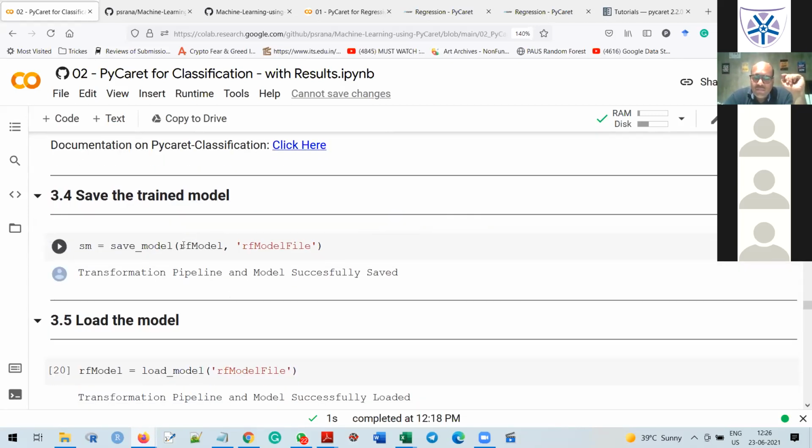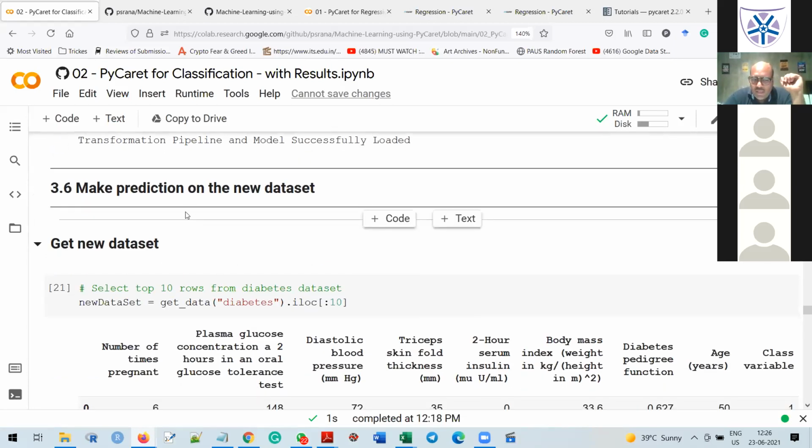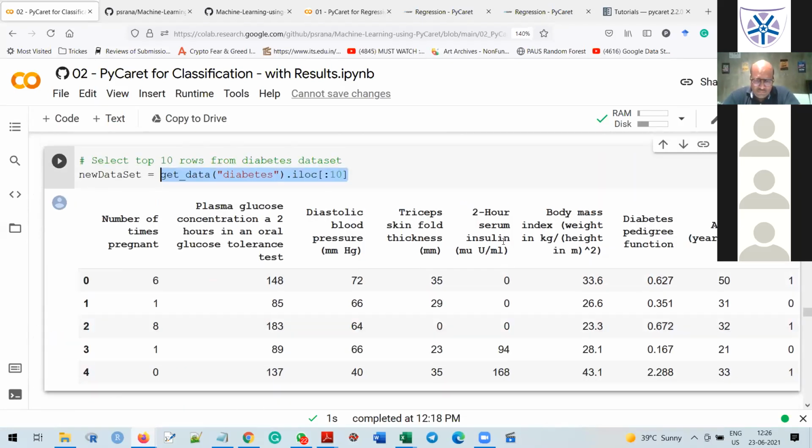Same thing, save the trained model, load the trained model. We already covered this in the regression part. Now this is an important thing. Let's make some predictions using my trained model. First I consider 10 rows from my diabetic data set. It is just showing the top five rows, and the last column is my target column.